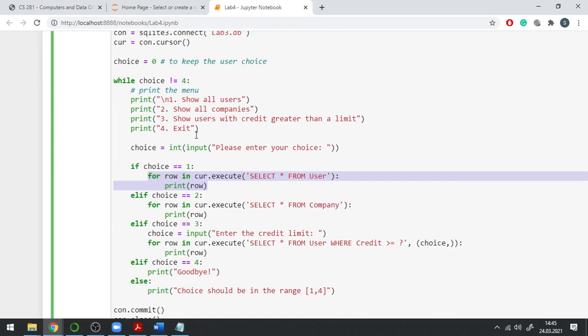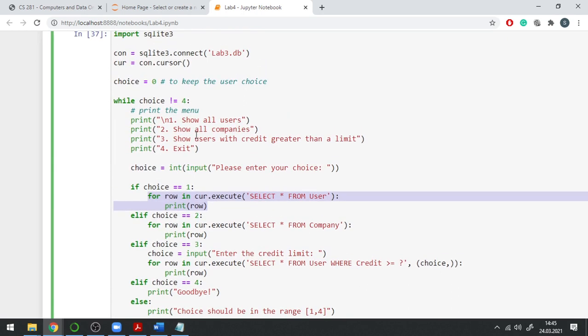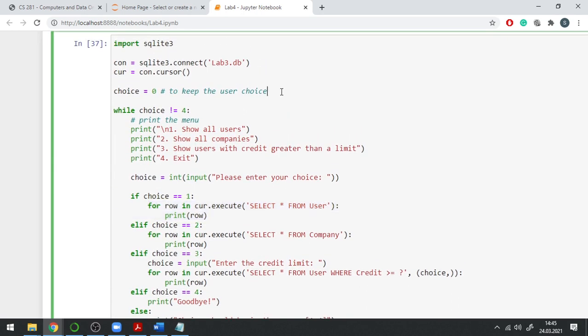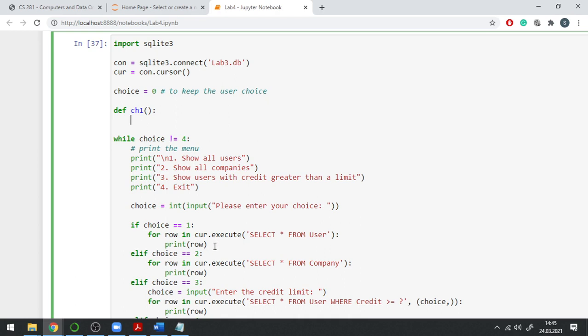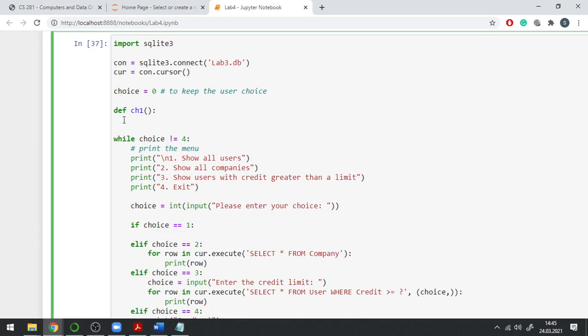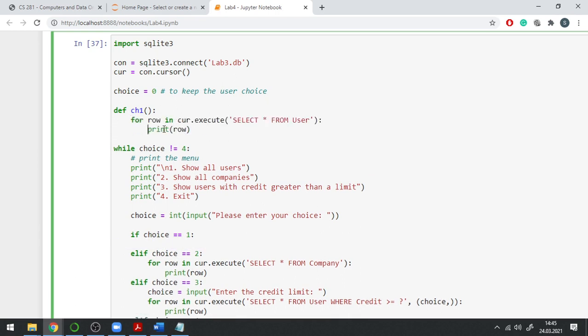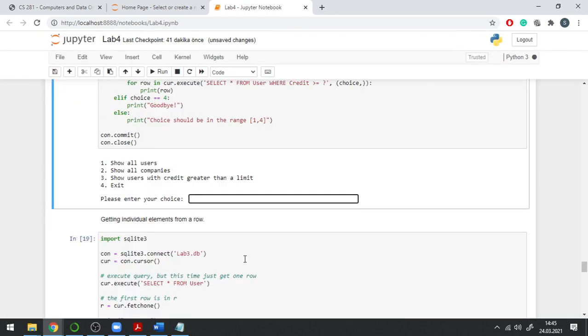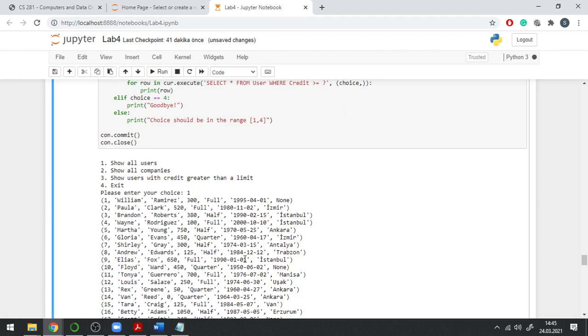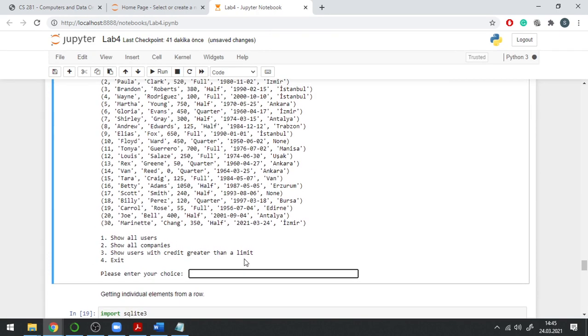And to have the functionality in an easier way, you can implement functions. For example, in here I can say, okay, define a function for choice 1, and in that function what I'm going to do is these two rows. But then in here, if the user's choice is 1, I can directly call this function. So it's not going to change the functionality from the user's point of view, but in the code it's going to